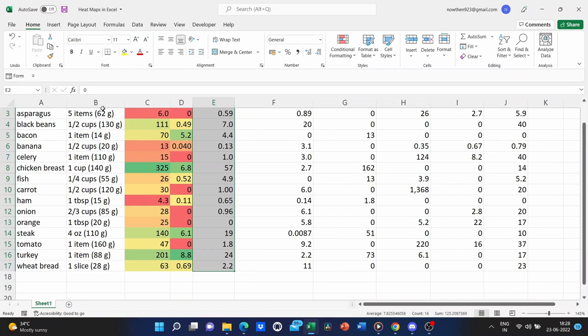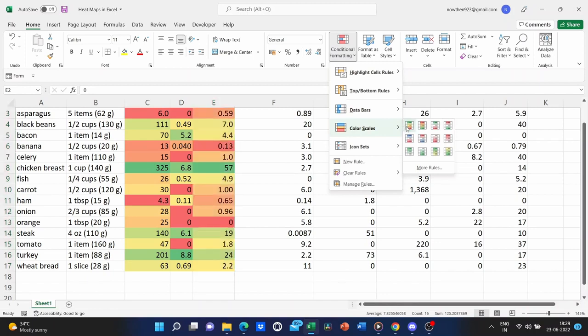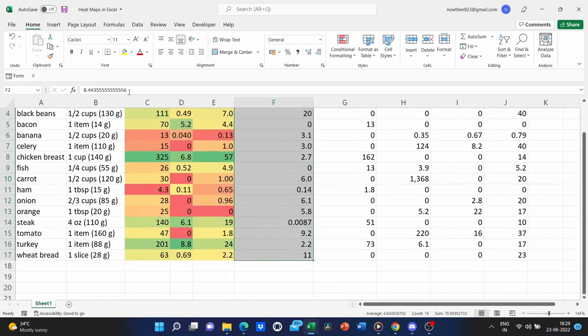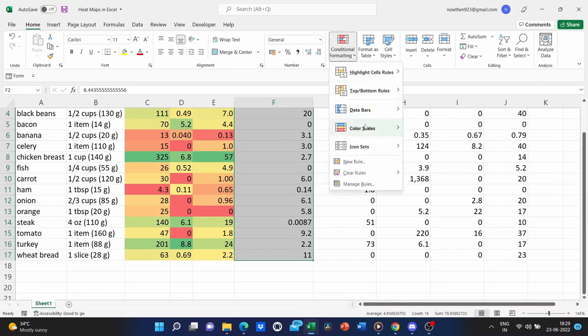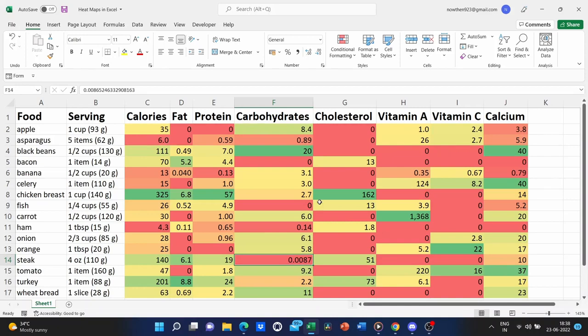Go to Conditional Formatting, Color Scales, and I'll select that same option. Give me a minute to do so. Then I'll resume the video. Okay, great. I've finished applying the color scale to each of the columns.